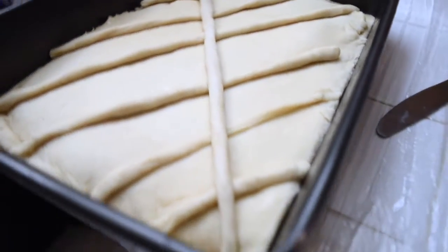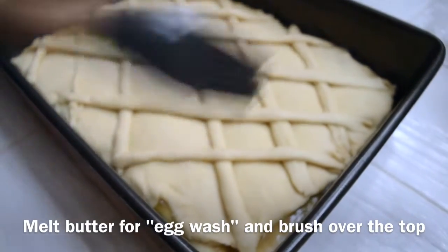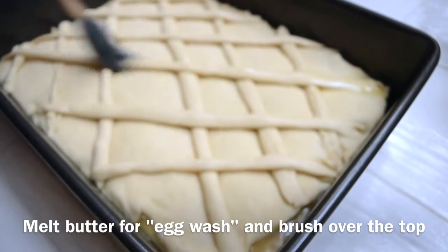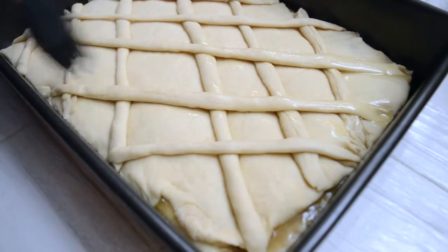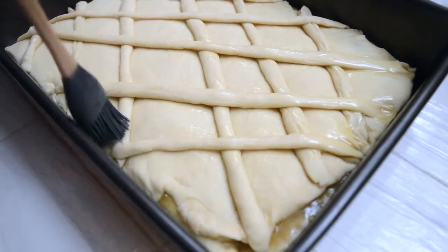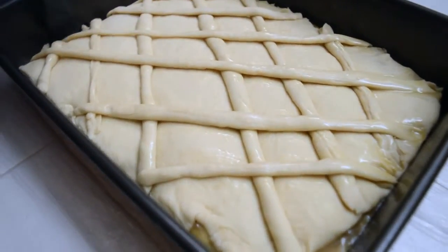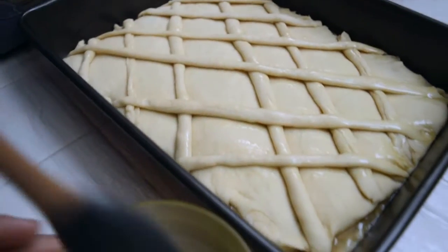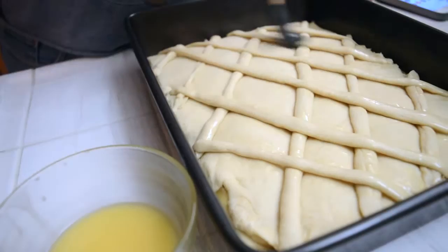Whoa, look at that. It looks so good. Yeah, I know. And then from there, I had melted some butter, and this is going to be our egg wash, quote unquote egg wash. And you'll be putting this all over the top of the semita. This will let your semita brown up and have a nice little flaky texture at top when it's like finished